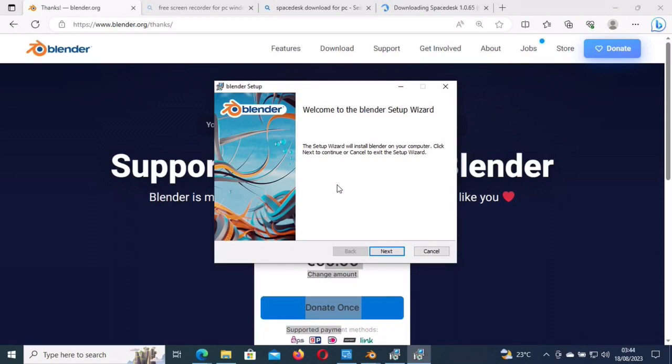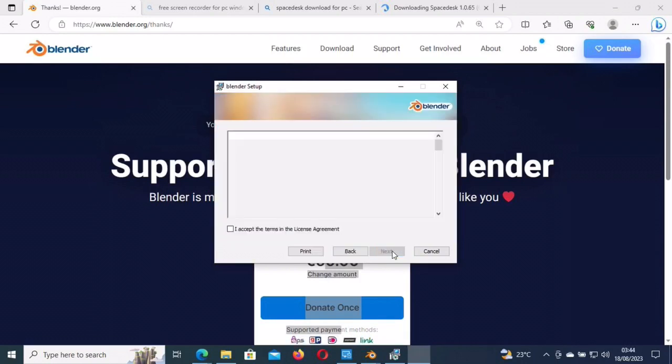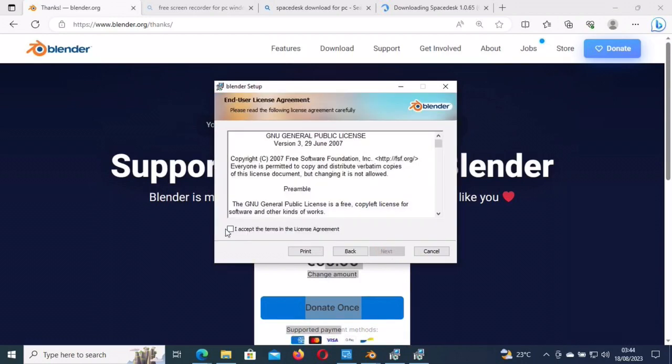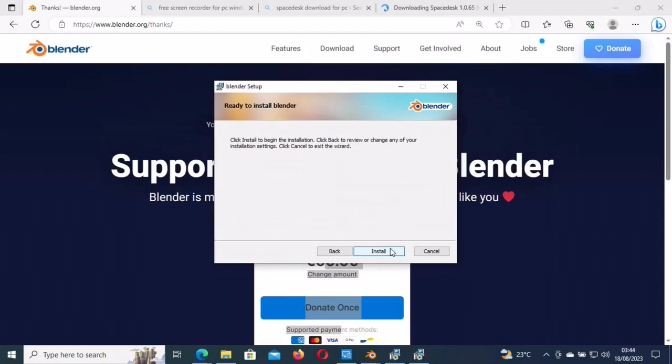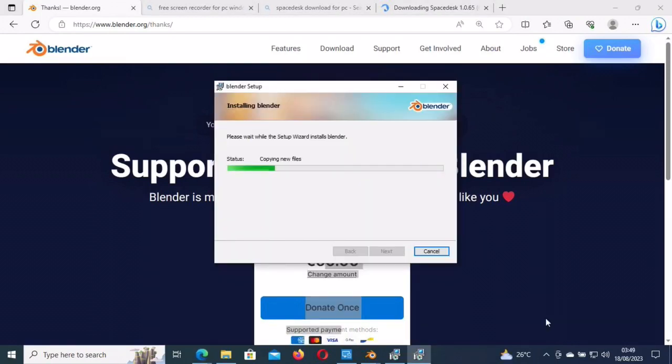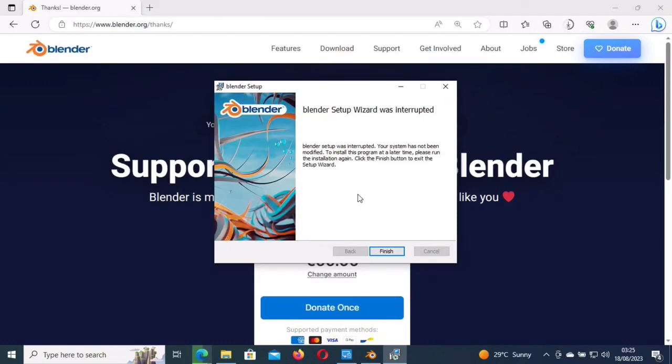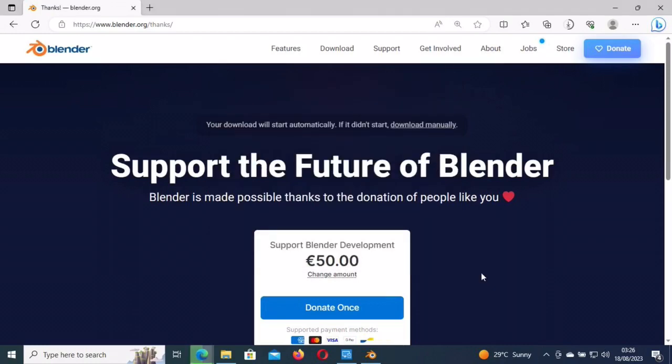Welcome to Blender Setup Wizard. Install Blender on your computer. So just click on next, then you toggle this on. I accept the terms and conditions. Next, click on next again, then install. Once you are done with your installation, you just click on finish and Blender should launch automatically,